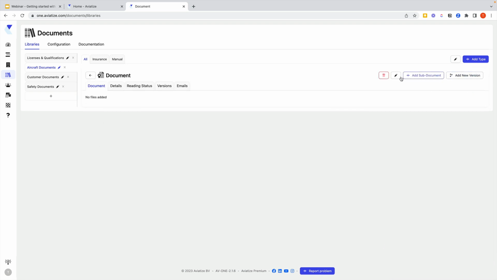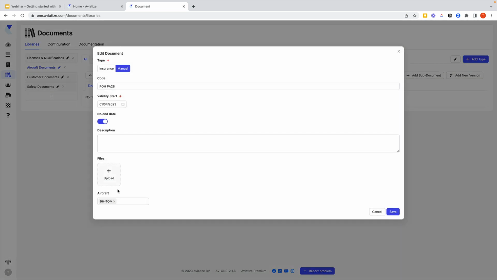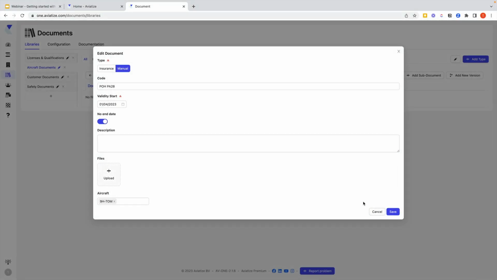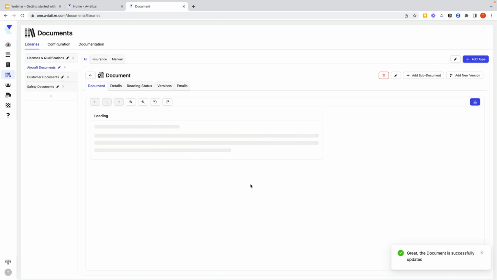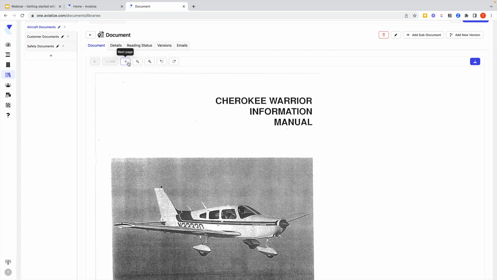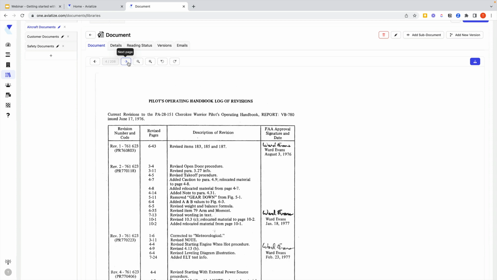the document itself. So if that happens, you can simply go on the document itself, click on the pencil, and then here on upload, you click on that document. Maybe I was a bit too fast. There we go, there it is, and we'll save it. The document itself now is uploaded and is available. Okay, it's turned around, but that you fix like this. And then you can read the document inside the application, or you can also download it and look at it